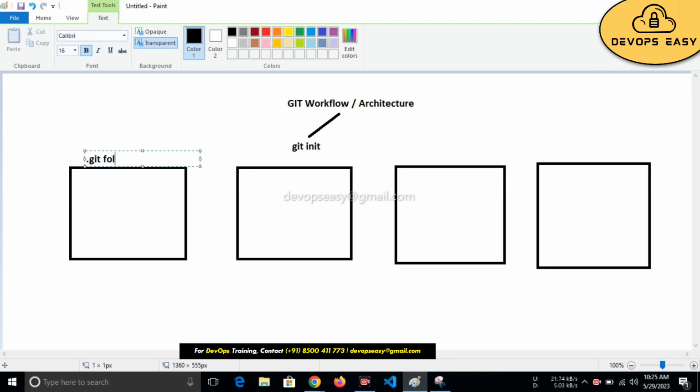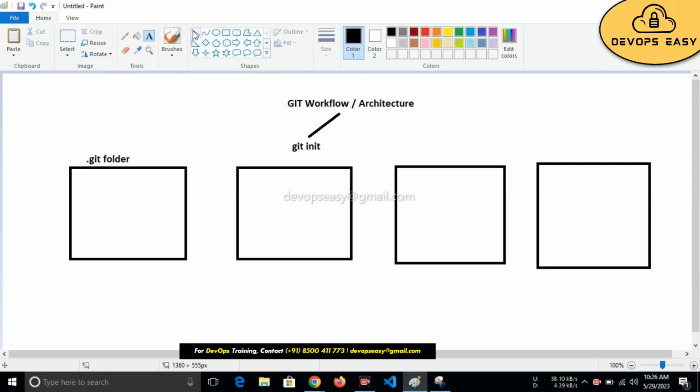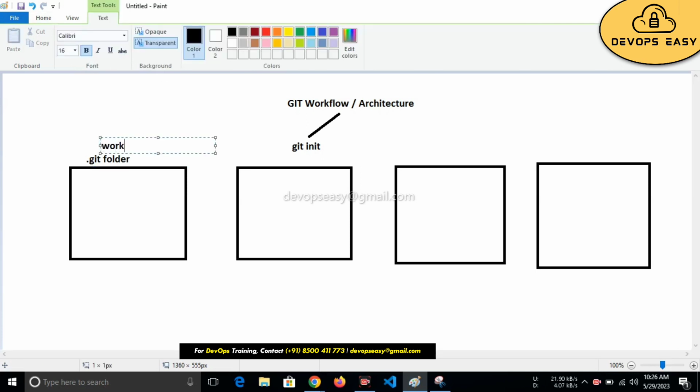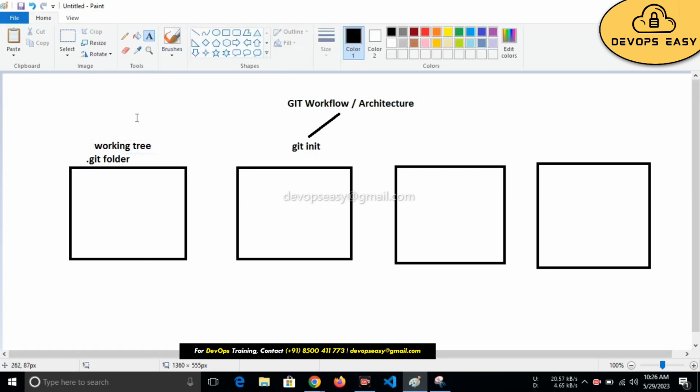.git folder will be created, and that part we will call as the working tree. This stage is called the working tree. Just comparing with the tree. Okay, working tree. What we will do after that, whenever we create any files or folders,